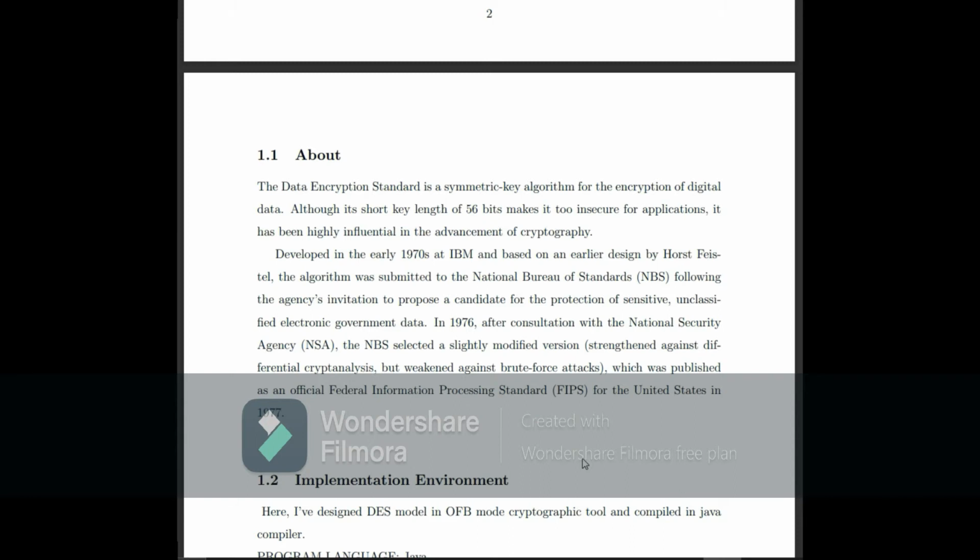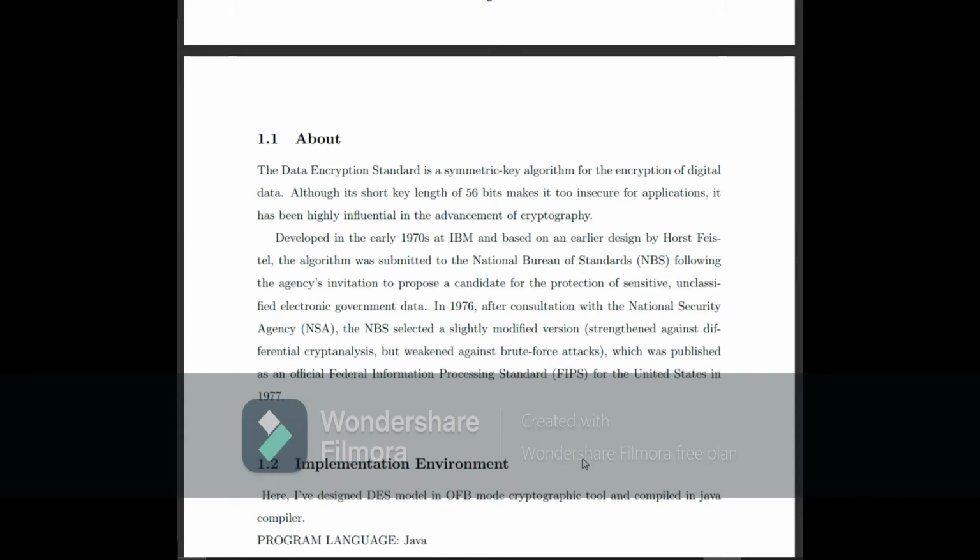This was developed in the early 1970s at IBM, based on the earlier design by Horst Feistel. The algorithm was submitted to the National Bureau of Standards, that is NBS, following the agency's invitation to propose a candidate for the protection of sensitive unclassified electronic government data.